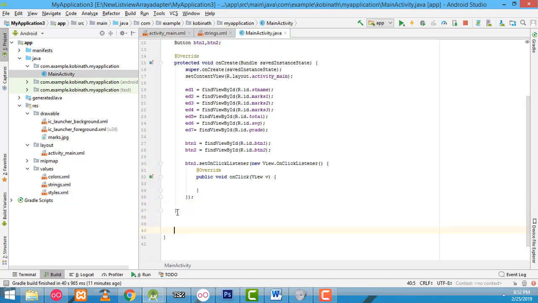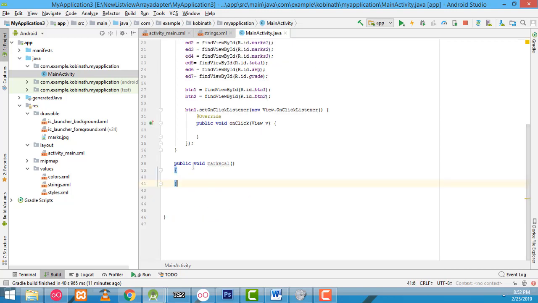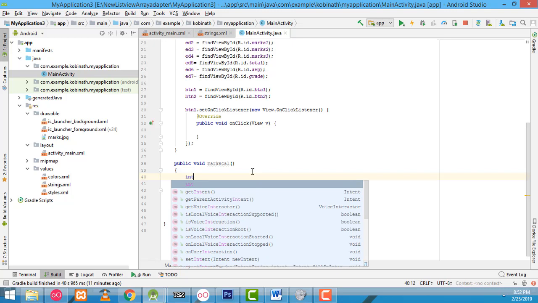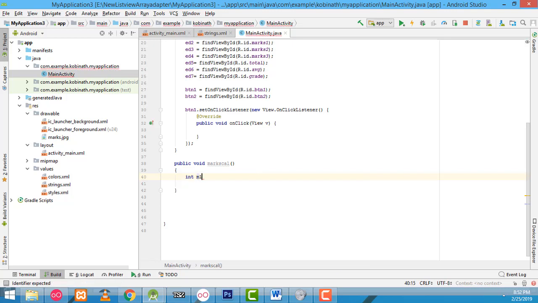After end this bracket, we have to paste here, right here. Okay, right. Now what I'm going to do is create the integer variables here: int marks1, marks2,